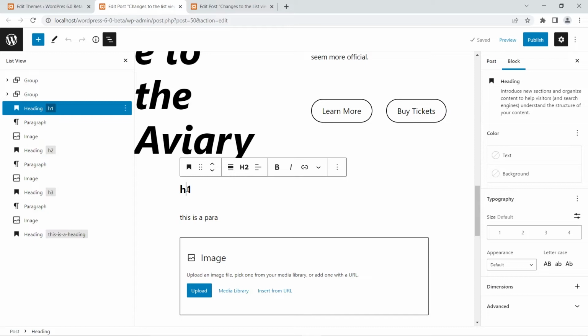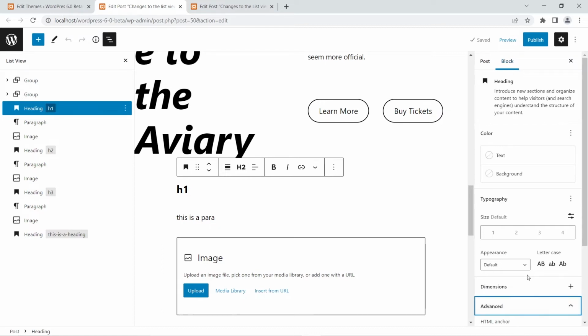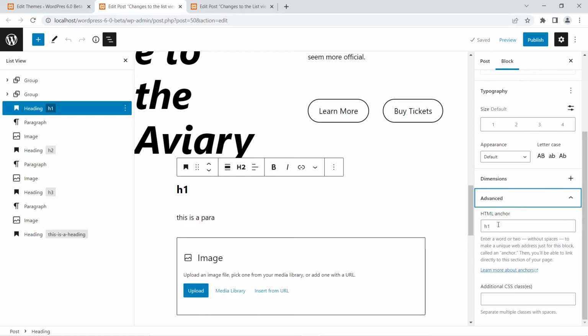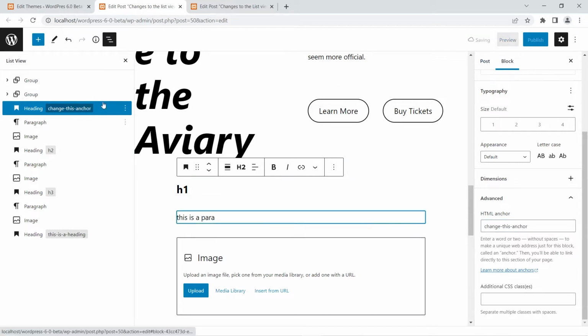Then you will click this, select this block, you are on the block settings. Okay, remember this block settings. Then you will have to go to advanced, you see the HTML anchor for this, and here you will have to type in whatever you want to type. Basically change this anchor, and then you are going to save the change or publish, and the change will be